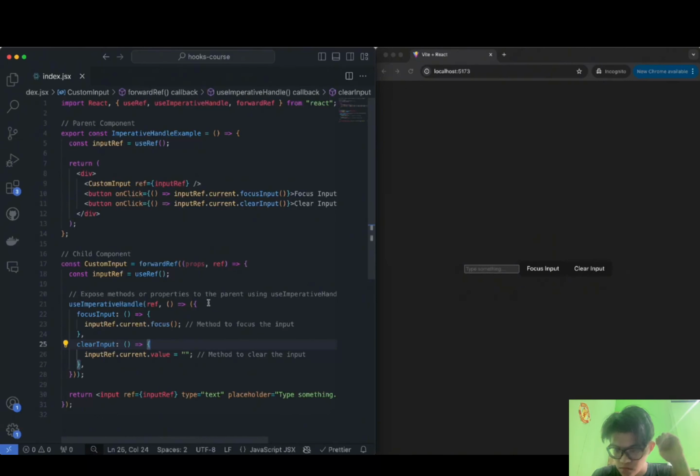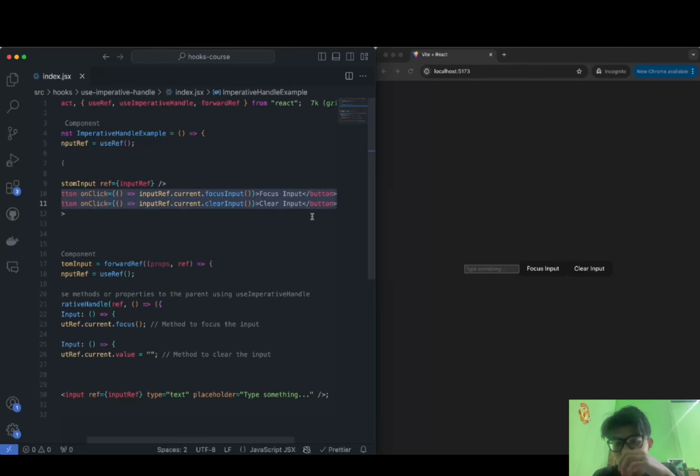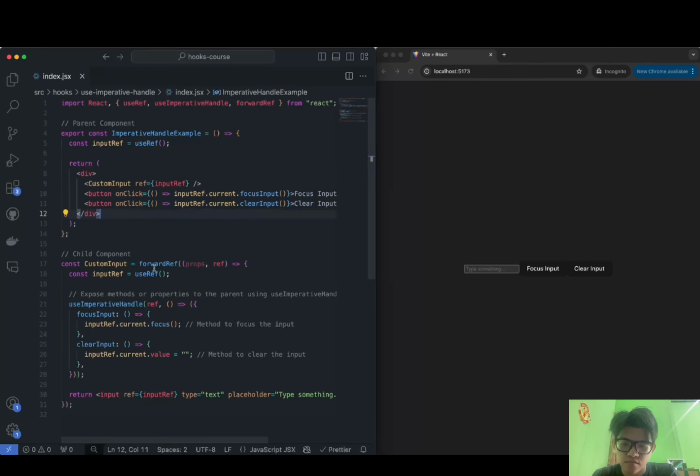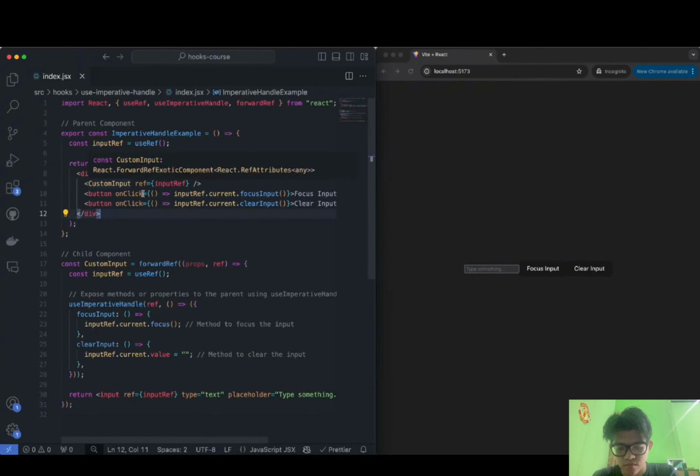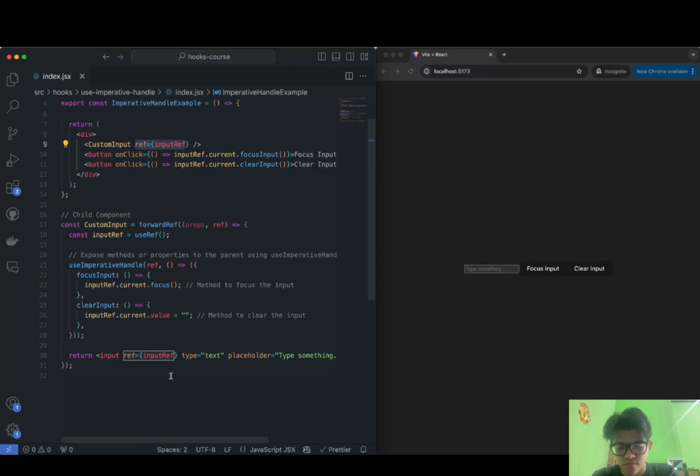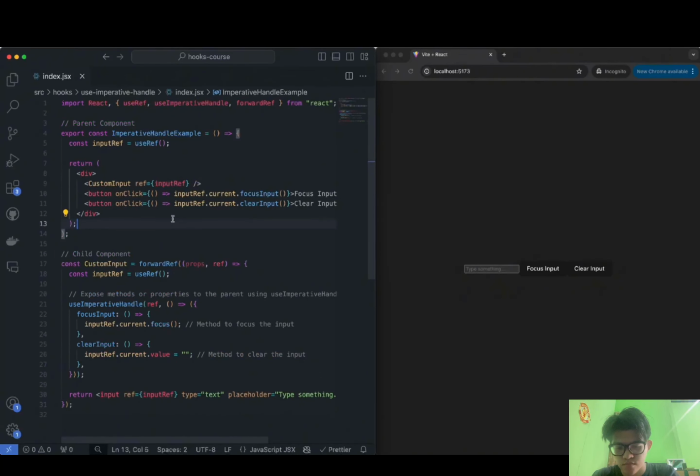And the way you can do this is, for example, when you have a parent component, and in our case, it's the imperative handle example that we are displaying here on the screen. And imagine in this example over here, in our parent, I want to have buttons that directly interact with a ref that exists in one of its children. Now, in this example, you have two buttons, right? We have a button to focus on an input and a button to clear an input, and they both work, as you can see. But one thing you might have noticed is that both of the buttons exist on the parent, but the input and the ref that represents the input exist on the child. So how exactly do we do this? Well, normally, if you want